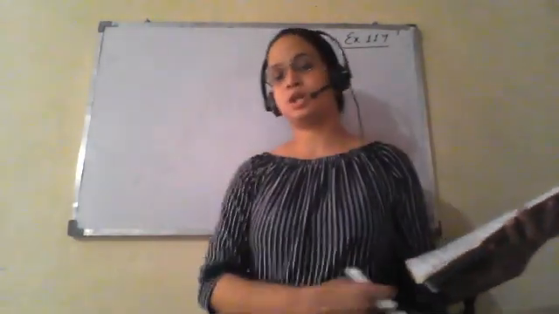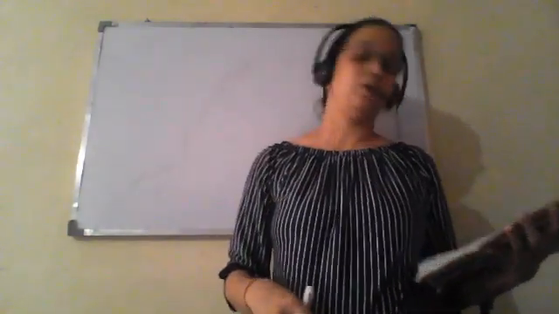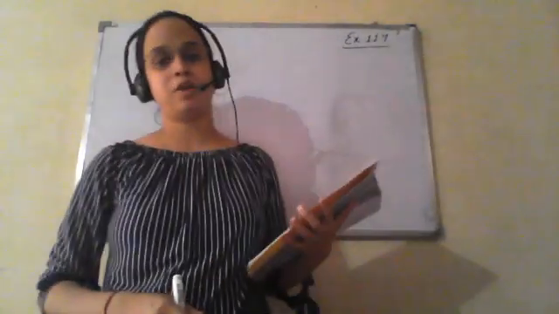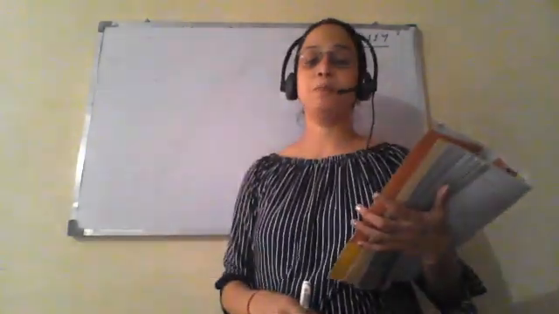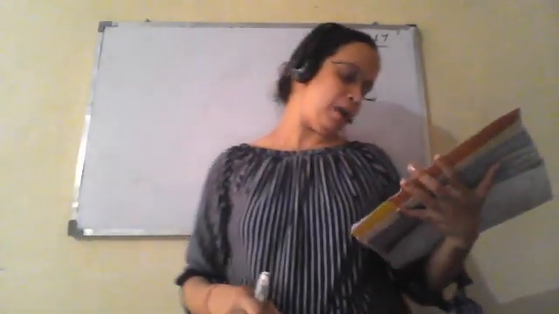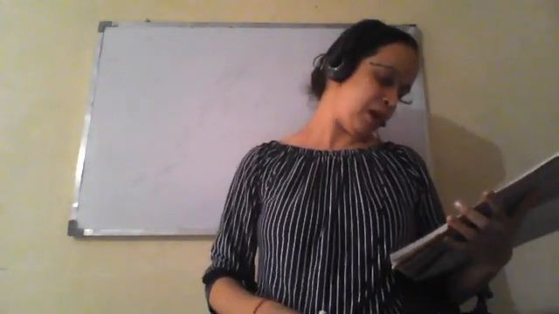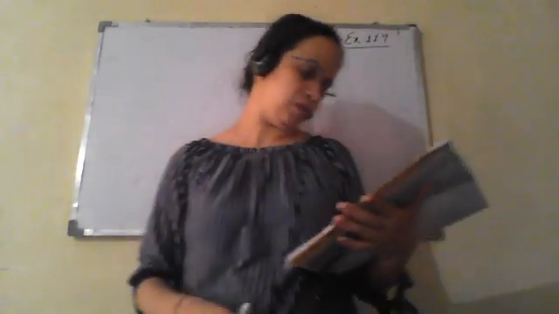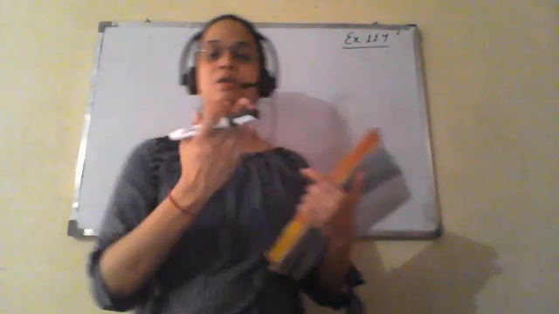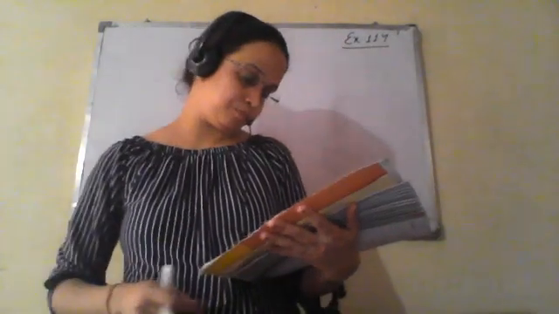So the situations are given and we have to tell according to which parameter or which value is to be found. How much it can hold? So this is the capacity of a container. So in case of capacity, we have to calculate the volume. Second is the number of cement bags required to plaster it. That means we have to cover the outer surfaces. So in this we have to calculate the surface area.